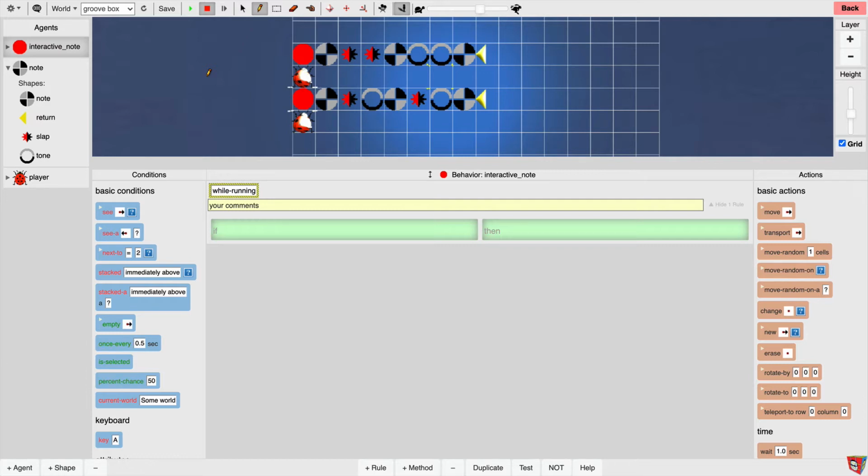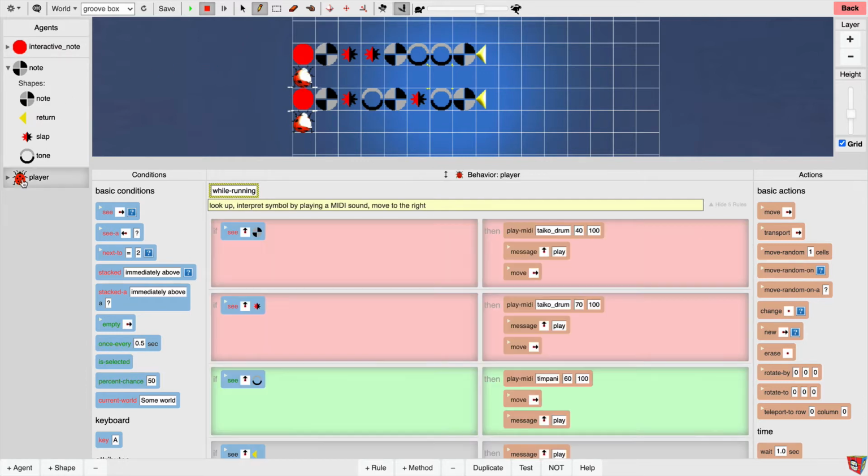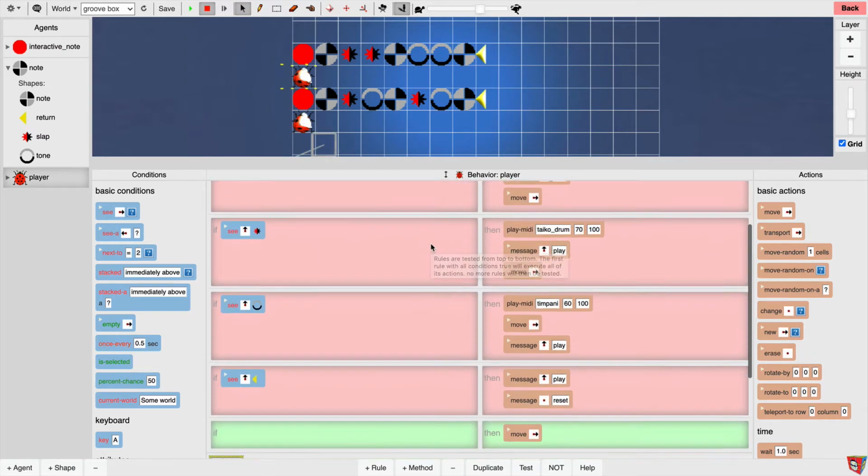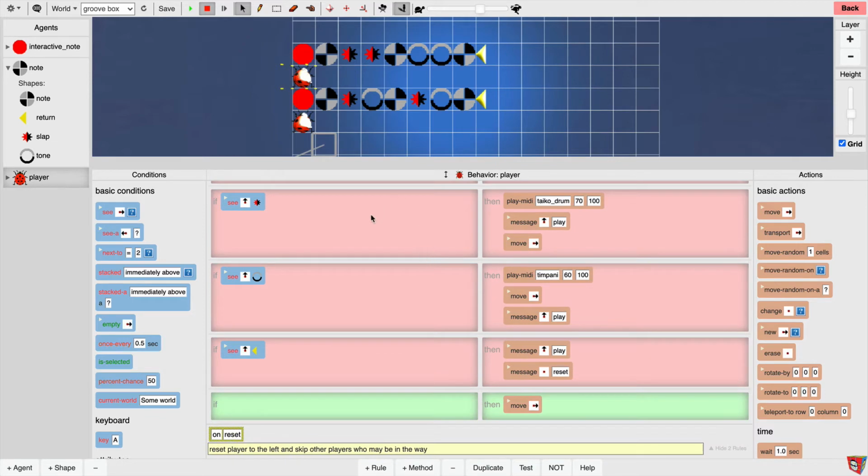And so far, if we look back to our player, if I click the player, you can see all the rules are red. The player doesn't recognize the red symbol, and so it goes to the final rule and says, well, in that case, because I don't recognize it, I move to the right. So it would completely ignore it. So if you play it,